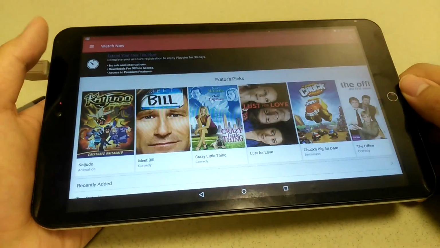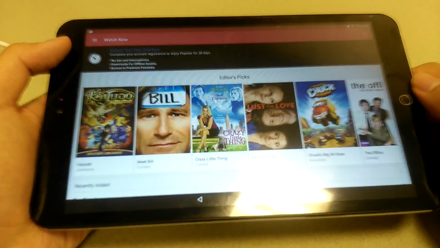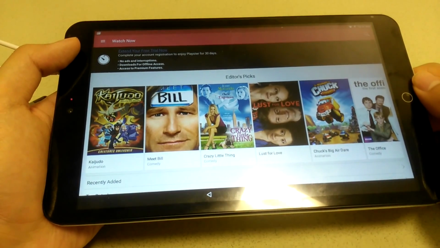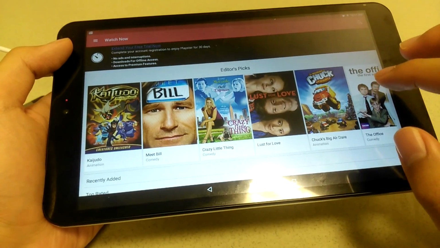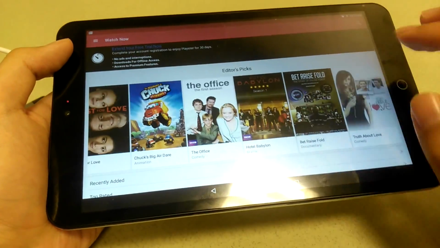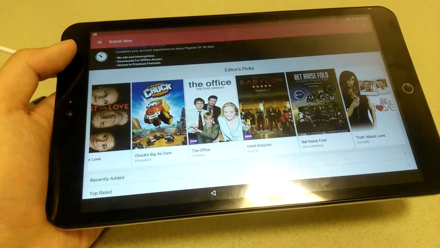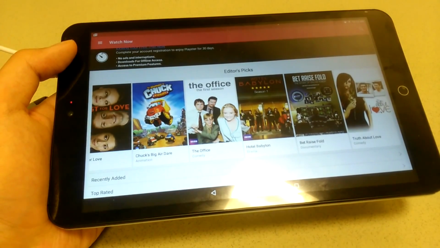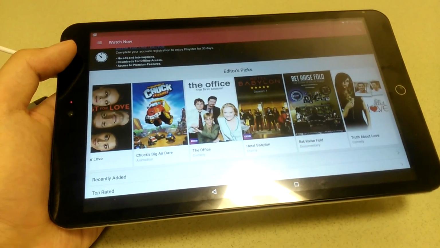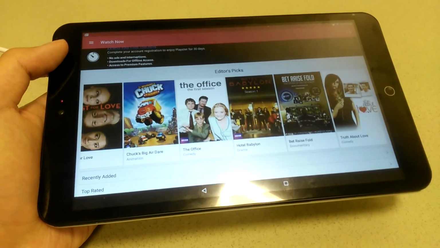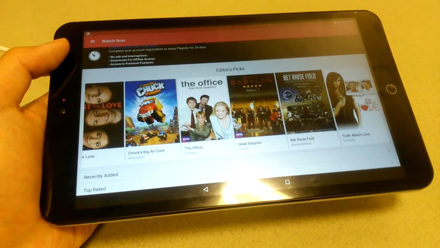So the movie selection is pretty good, but it seems to be mostly focused on documentaries. So if you like documentaries, then it works pretty well. You have quite a wide selection of that. But most of the titles on here are not as mainstream, so it's not going to be the latest movies. So if you're looking for Oscar-winning films or super popular films that have just been released, you won't find it here. So that's one area where Playster's services are not as grand compared to Amazon streaming services, for instance, or